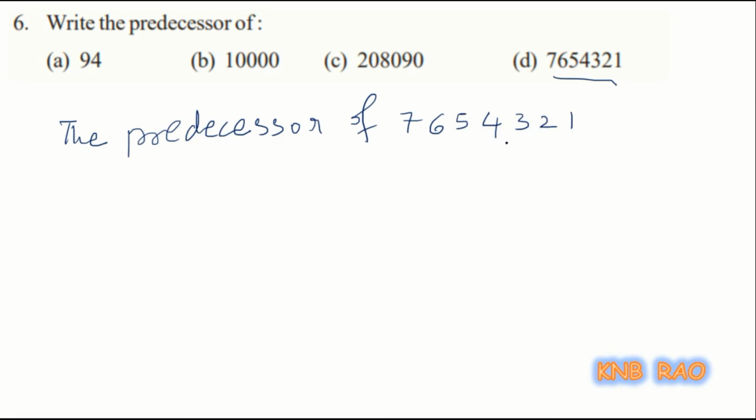How do we read this? We will give points in the Hindu Arabic system. 76 lakh 54,321. If you want to find the predecessor of the number,